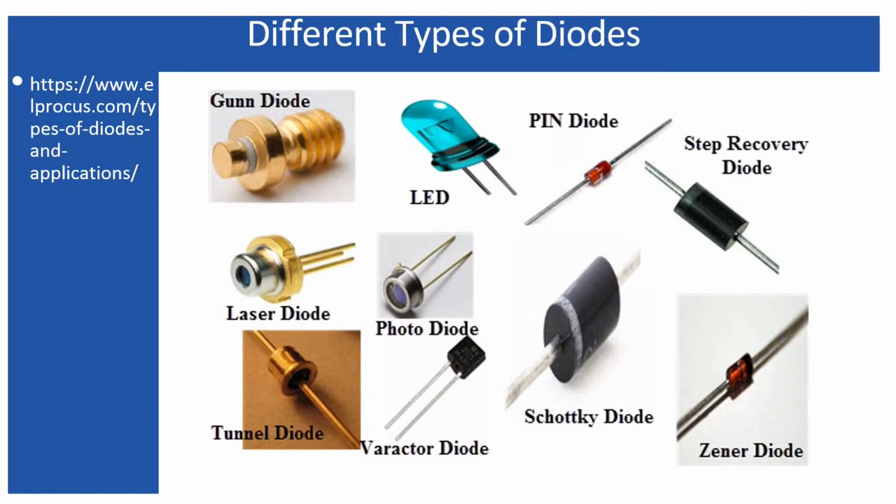Other than the PN junction diode that is going to be discussed in this particular lecture, there are several types of diodes which are used in different applications. For example, the Gunn diode and tunnel diode are used in microwave applications, whereas the laser diode, photodiode, and LED are used in optical applications. The varactor diode, on the other hand, gets its name from its capability to vary its capacitance. So, variable capacitor diode, that is why varactor diode. It is used in a few oscillator circuits.